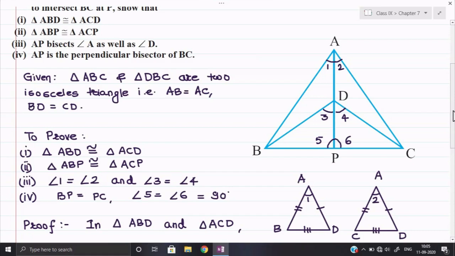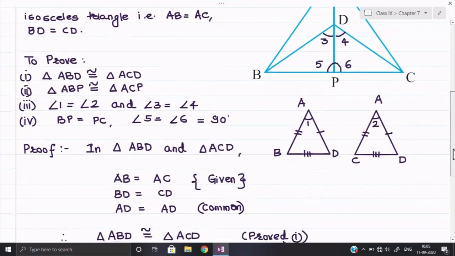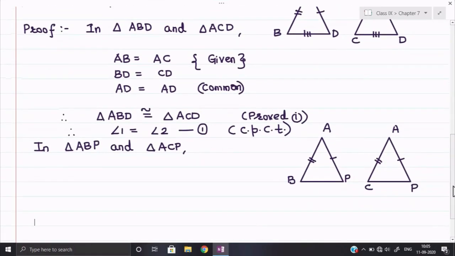Okay, so there is no problem in changing the name of the angle because we are only changing the endpoints, and because of that the arms of the angles become longer or shorter. So here we can say that in this triangle, angle BAP is my angle number 1 and similarly angle CAP is my angle number 2. Since angle 1 and angle 2 are equal, with the help of the side angle side theorem we can say that the triangles are congruent.